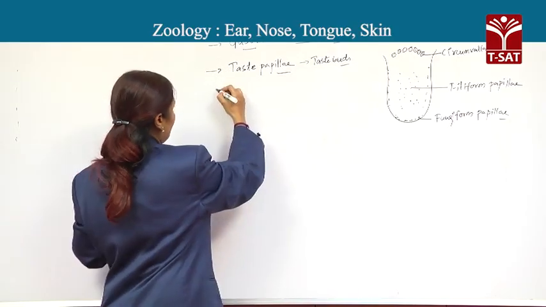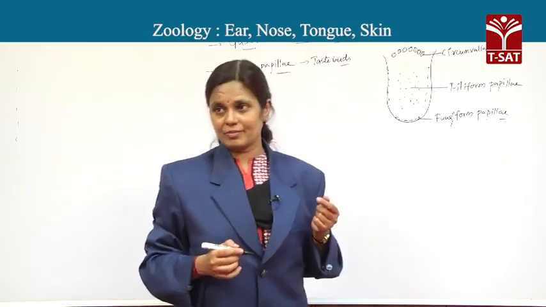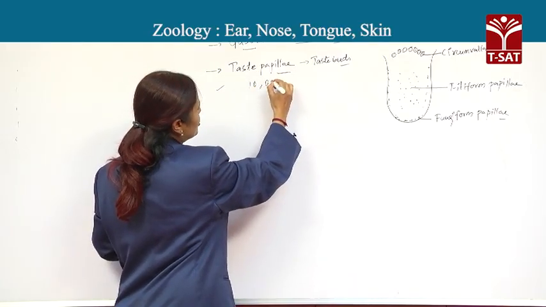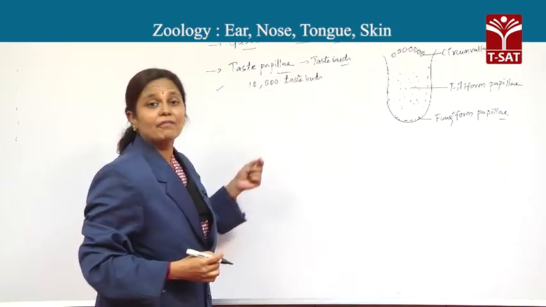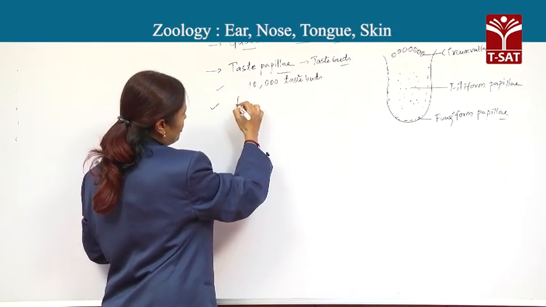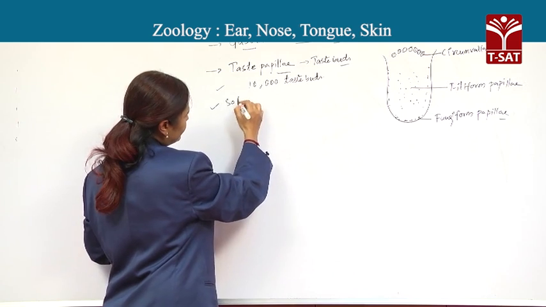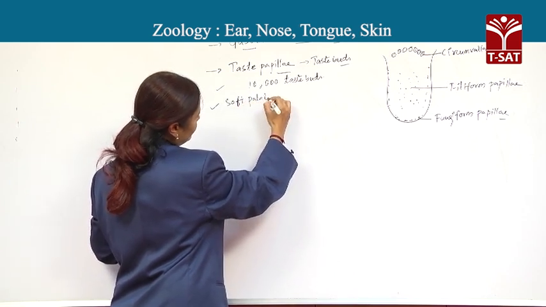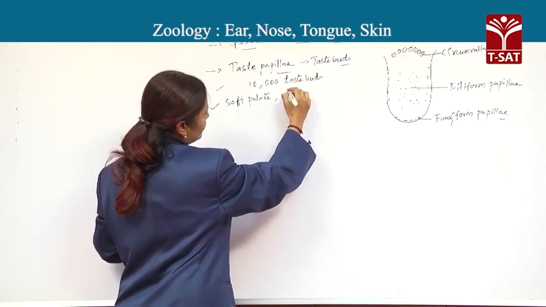So when you look at the number of taste buds on the human tongue, generally there are 10,000 taste buds. A few taste buds are also present on the soft palate, pharynx,